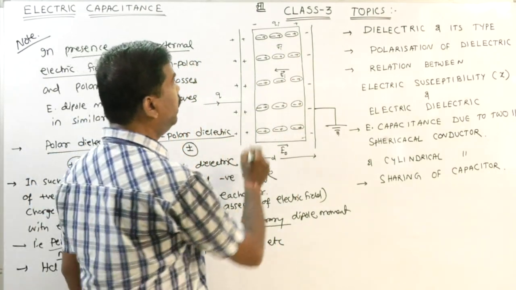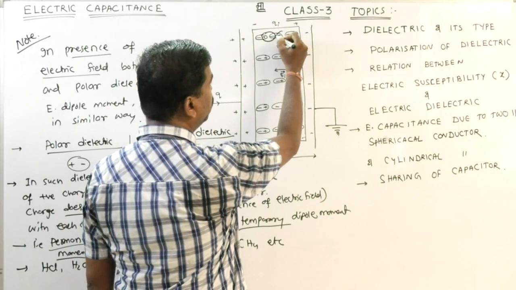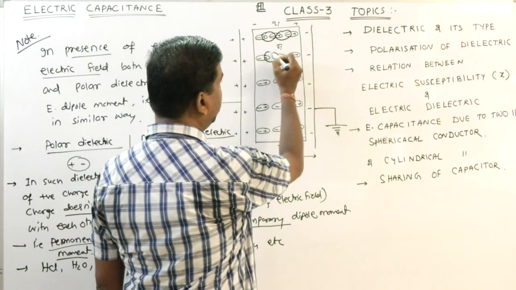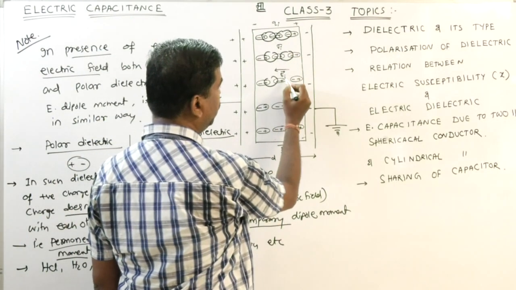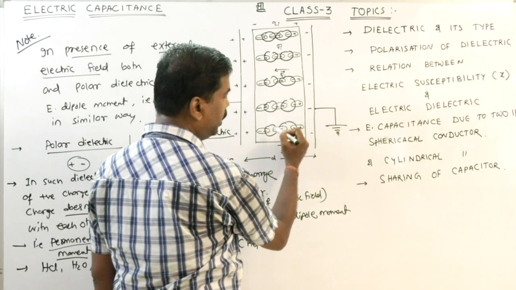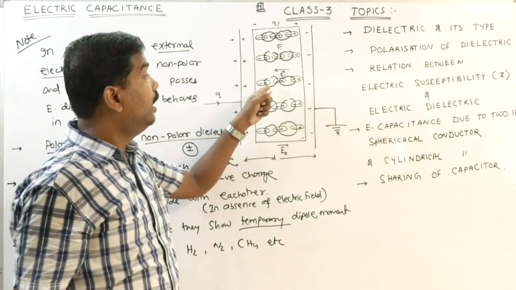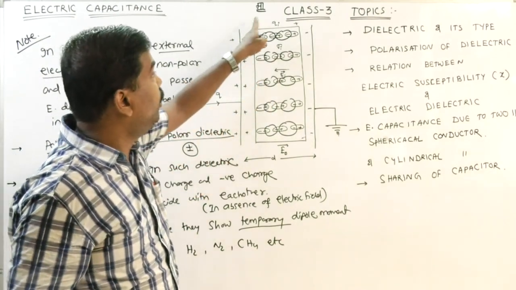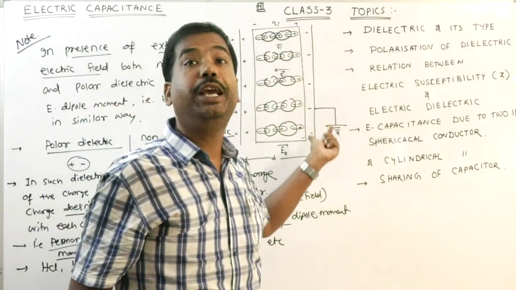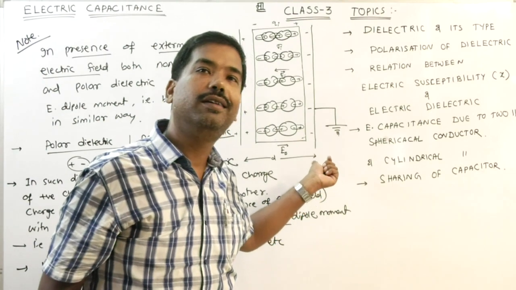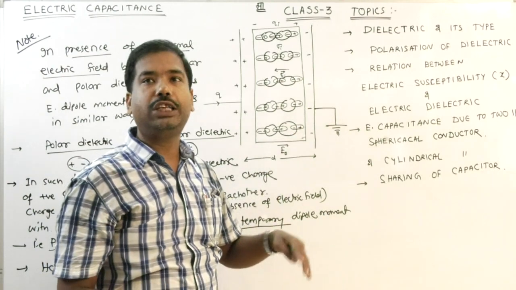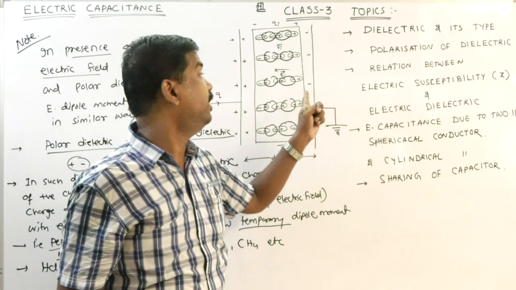Clear? The positive and negative charge at the center will cancel each other's effect. Here also, positive and negative cancel, positive and negative cancel, and so on. Clear? It means this side becomes negative, while this side becomes positive. So it behaves as a dipole moment. So it possesses a dipole moment and also it produces an induced charge, and that causes an induced electric